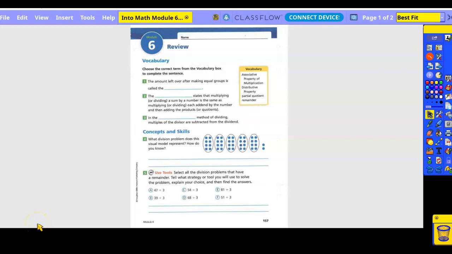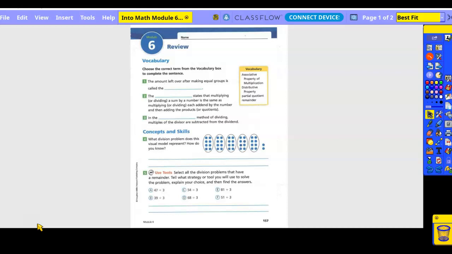Fourth grade math, module 6 review. Vocabulary. Choose the correct term from the vocabulary box to complete the sentence. Associative property and multiplication. So that's where you can move around the numbers and then put numbers together in a